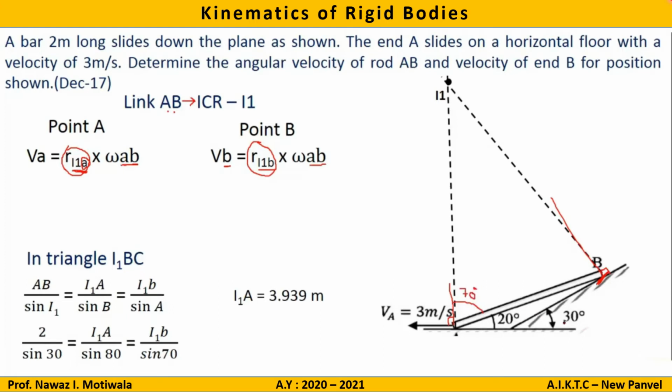Now, again, this angle of the plane. I will find out these two angles by means of geometry. This angle of plane is given to us as 30. So if this angle is 30, what will be this angle? This angle will be 150. How 150? Because the angles form a linear pair.